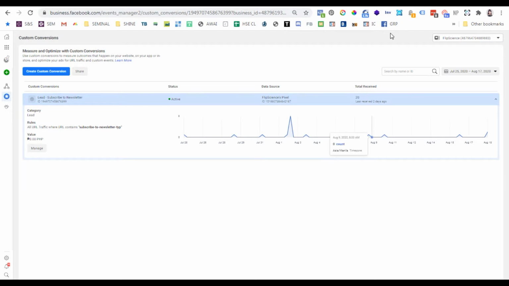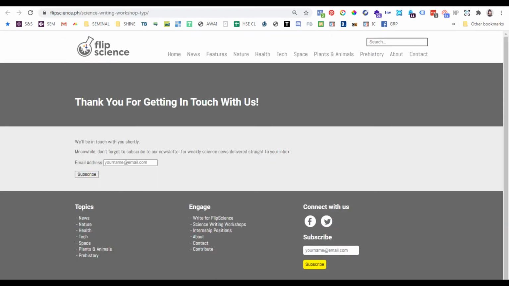For example, this is the page that I want to create a custom conversion for. This is the page that people will land on after they fill out the contact form. And here, I just want to take the part of the URL after HTTPS www, and copy that